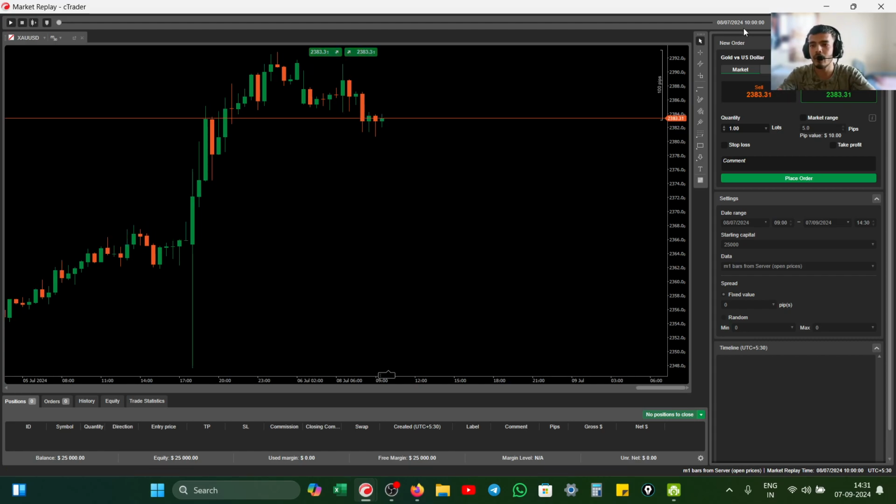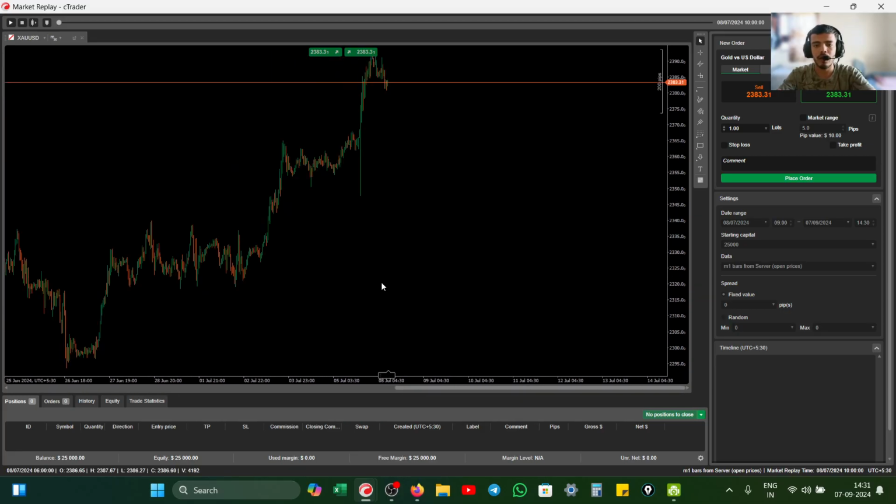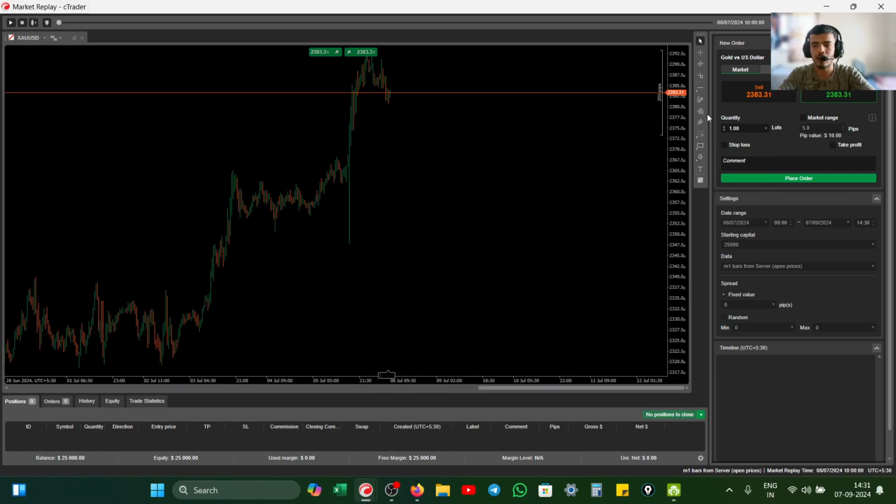Yeah, you can see the timing is 10 a.m. Indian Standard Time, that I'm talking about. So what we are seeing is we are in an uptrend. As you can see, we are in an uptrend. Okay,